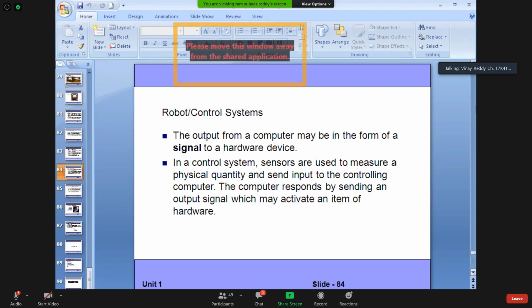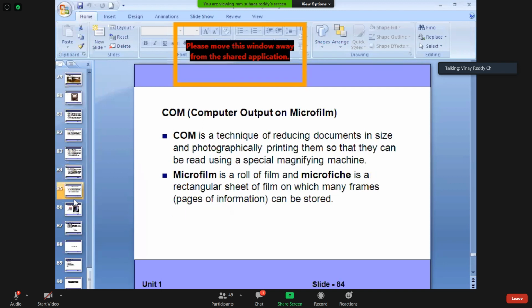Now in control, normally the robot's output will be in the form of a signal to the hardware device. We are giving some signal to the robot, and similarly we are using CNC. We give some command and it will give output. Some of you went to the robo club, no? A raised hand gives a voice sense and it will automatically raise. Pick and drop robots are nothing but our regular thing. This is not required.